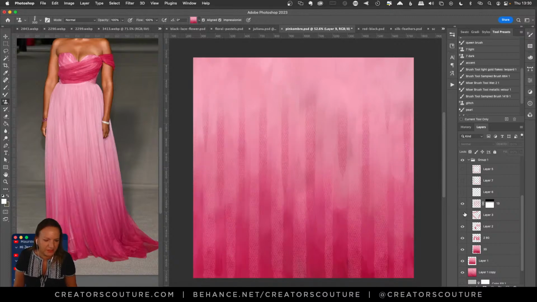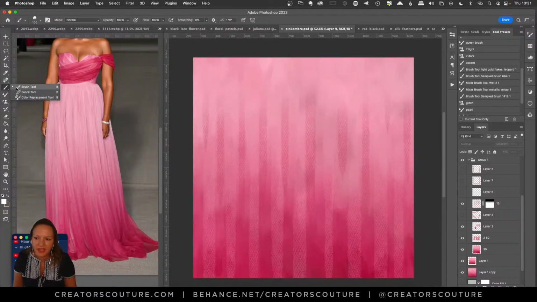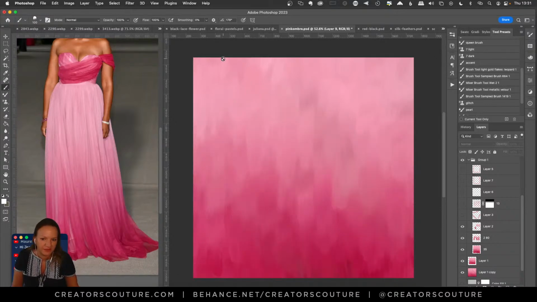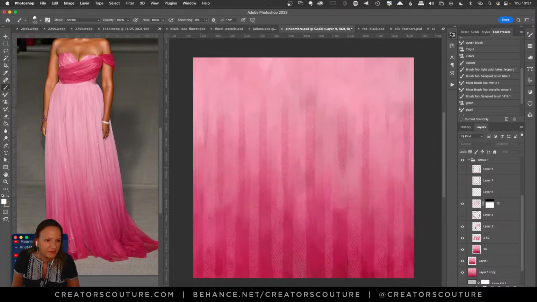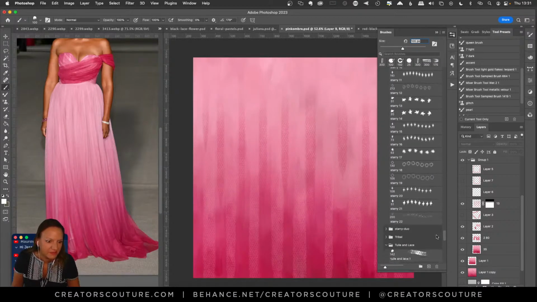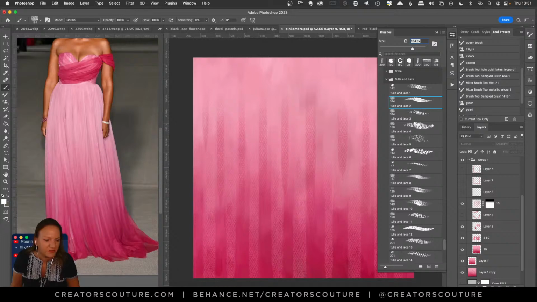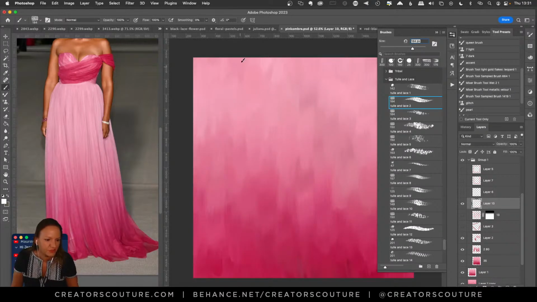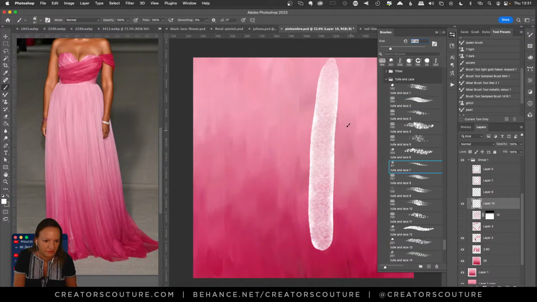And then it looks like I just took some of one color brush, actually my brush tool, and I created some kind of stripes here. And what did I do? I took the brush from, because I made these a few days ago, so excuse me here, like Tool and Lace brush. I don't know if it was two, no, maybe it was 13. Yeah. So this is just a little lace brush. I don't know if it's more like, no, maybe 9.